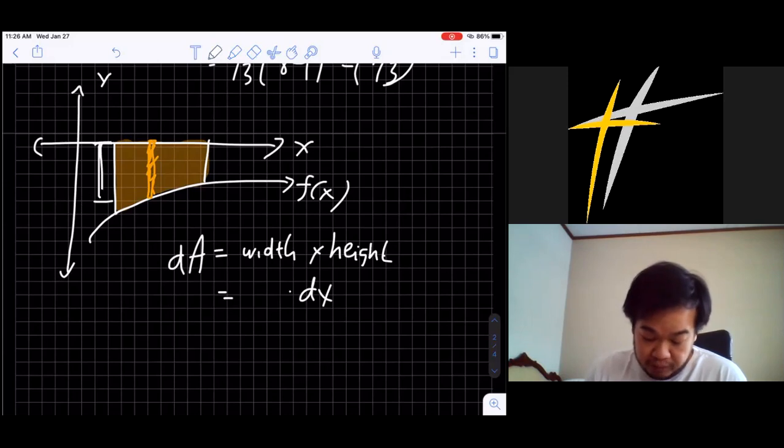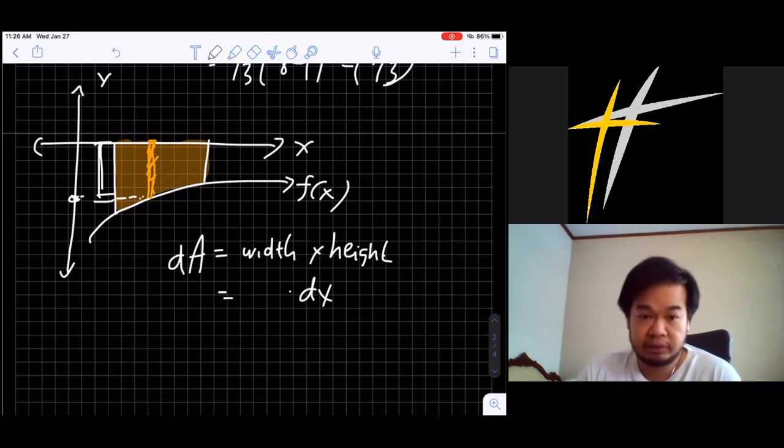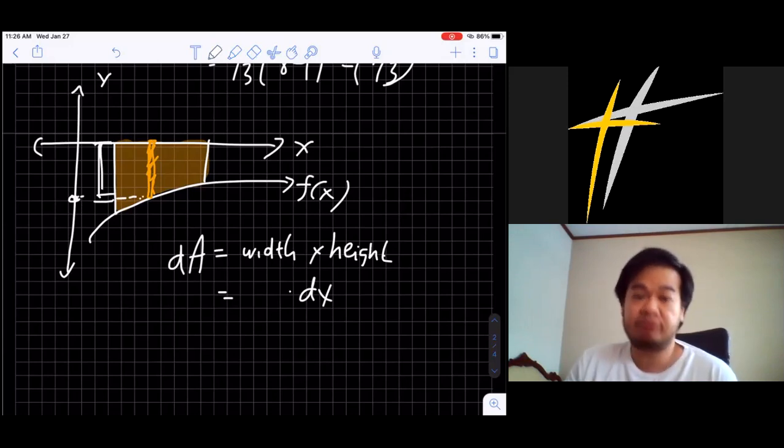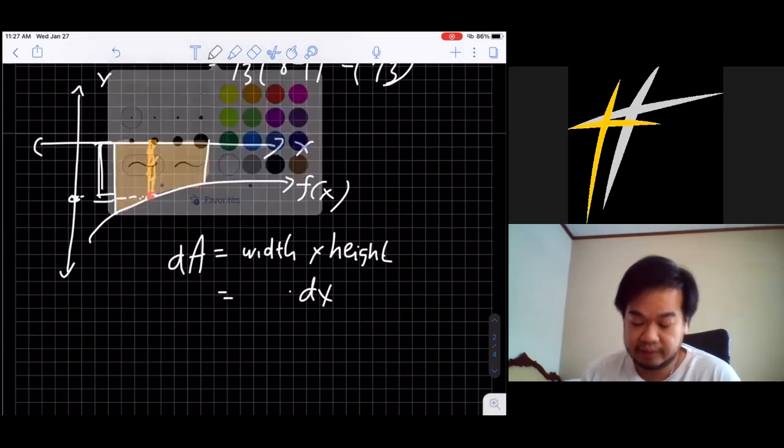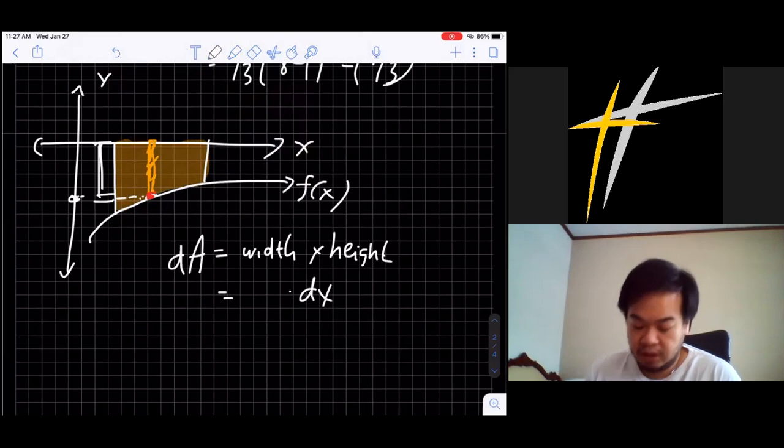If you pick a value here as the y, then it will be negative, right? For example, it might be -5 or -3 or -10. So if the sample point that you take for creating the sample rectangle is below the x-axis, which has a negative y value, then you need to use negative f(x) as the height. So never forget that. You always add the negative f(x).